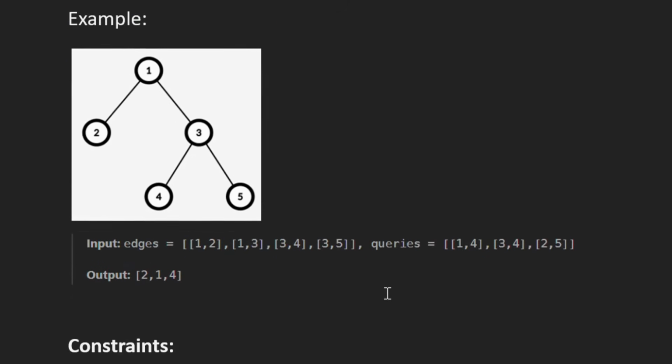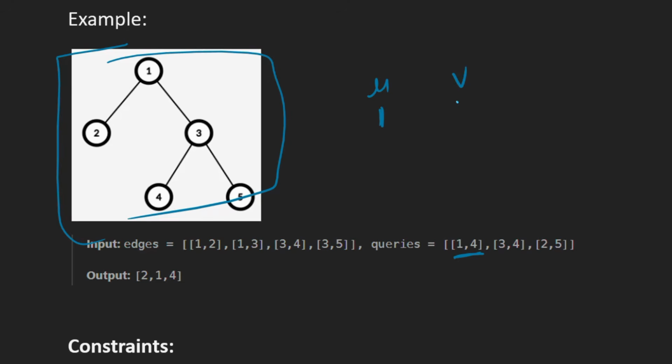So let's see an example to get the question more clearly. So we are given this tree, right? And now the first query: u is 1, v is 4. So we can see u is 1 and v is 4. So basically this path is 1 to 3, 3 to 4. So the number of edges that we have is two edges. So how can we assign the weights? Either 1 1, 1 2, 2 1, 2 2. So these are the four possibilities in which we can assign them weights.